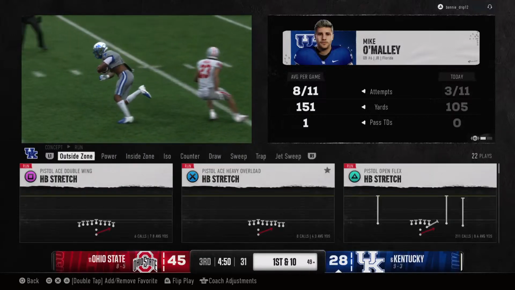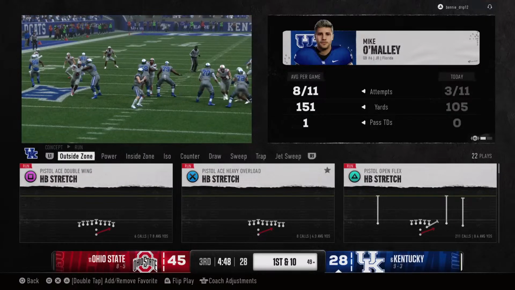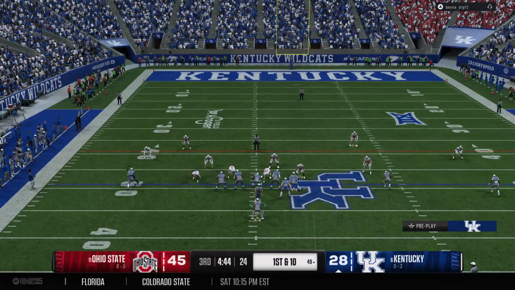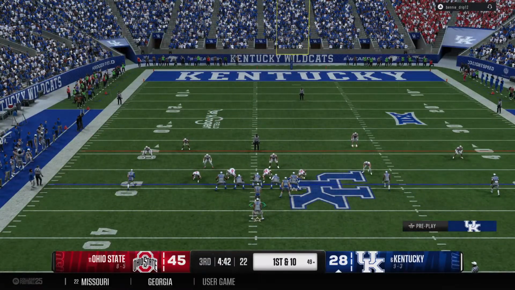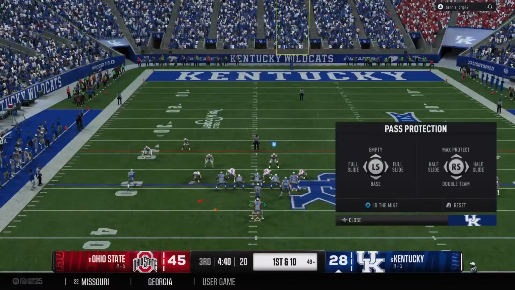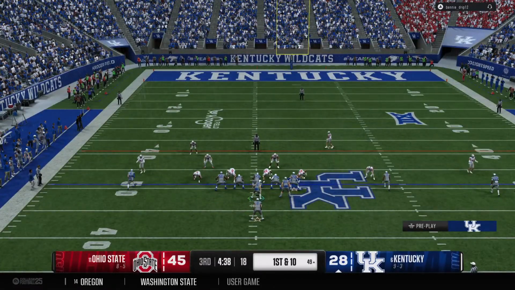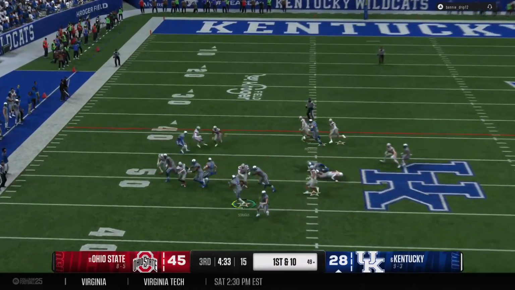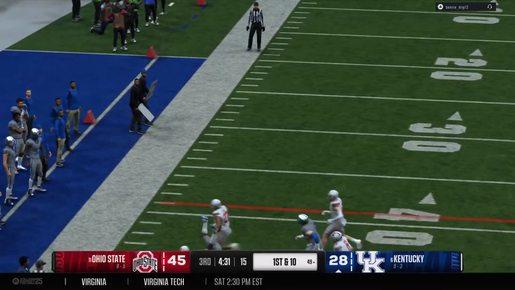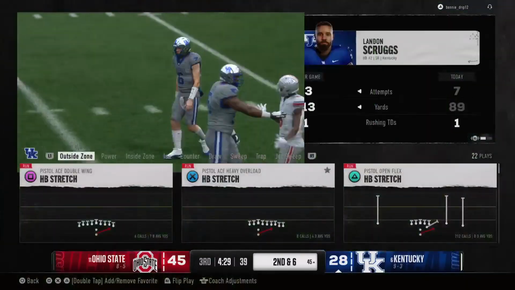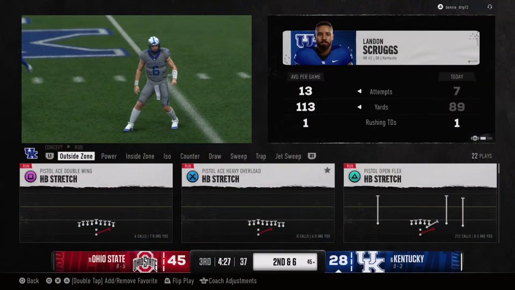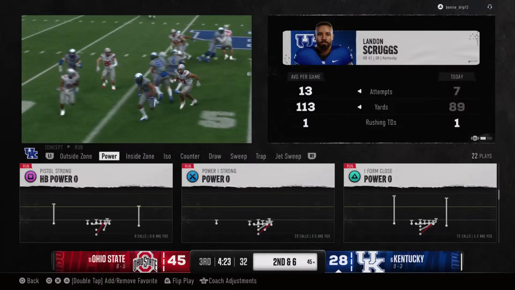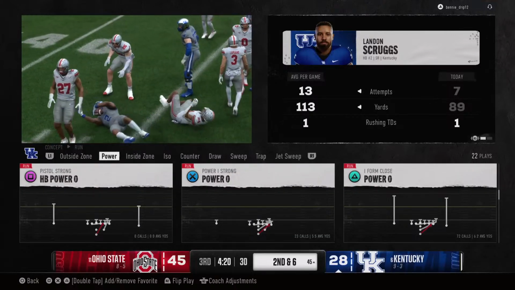And let's face it, at this point in the game, because they have such a big hole to climb out of, they've got to be able to convert and come up with a new set of downs. They do it here. Now they've got a real shot to cut into this lead. They'll run it to the left. And a decent gain there before the defense brings him down. Nice solid run here by this back. Did a nice job of finding that lane, picking up some positive yards there on 1st and 10.